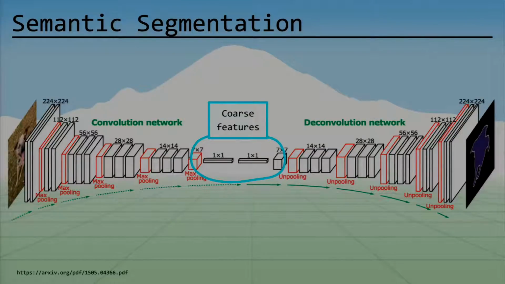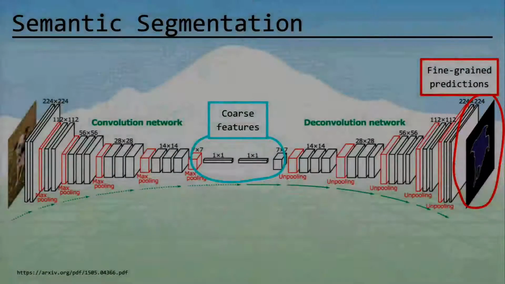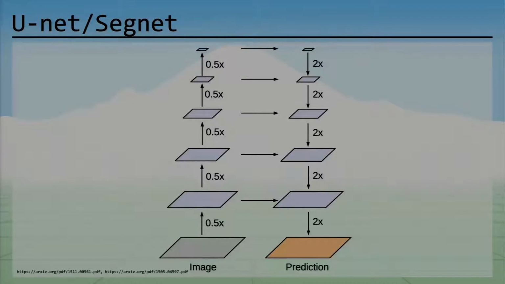But it has to kind of learn to do that on its own, which is really difficult for it, et cetera. And so we want to figure out basically a way from going from these really coarse features to these fine-grained predictions for, on each pixel, what is the class associated with that pixel. So one idea for doing this was UNet or SegNet, which both came up with it